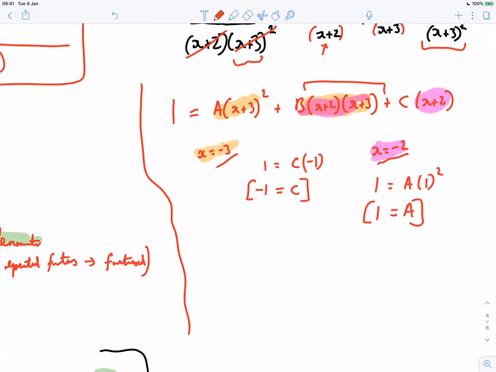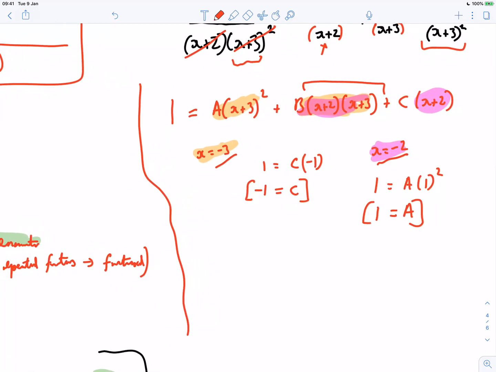coefficients. And this is actually really easy at this point because, well, if I expand this, the highest power is going to be x squared and x's and numbers. If I expand this, it's going to be x squared, x's and numbers. And if I expand this last term, it's just going to be x's and numbers. So I might compare